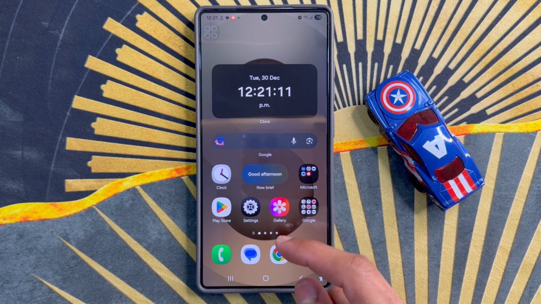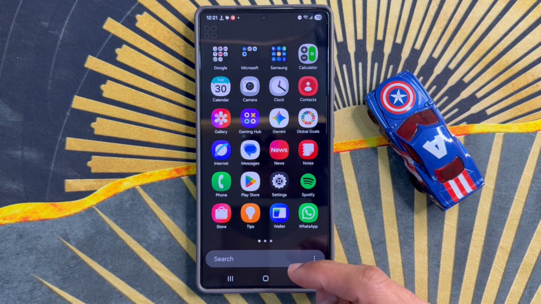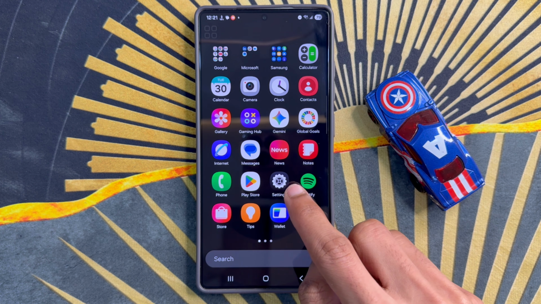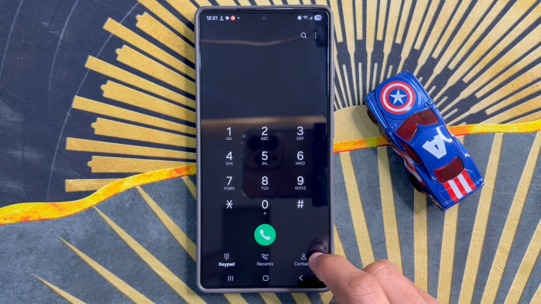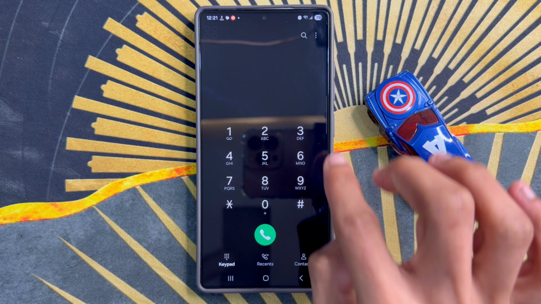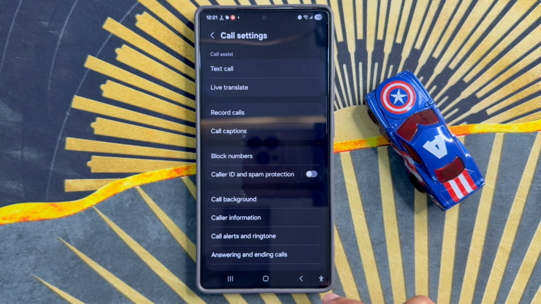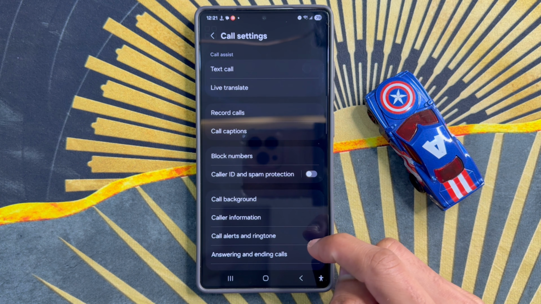First of all, go to app library. Now here, click on phone app. Now here, click on this three dot icon and click on settings. Now in call settings,